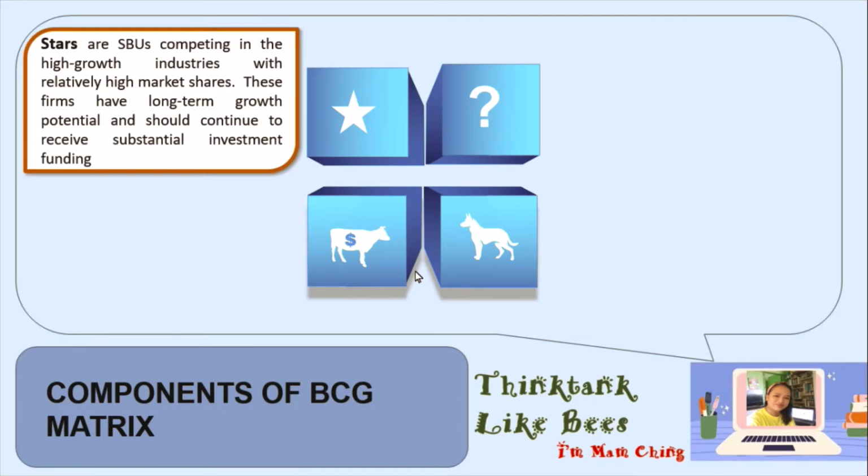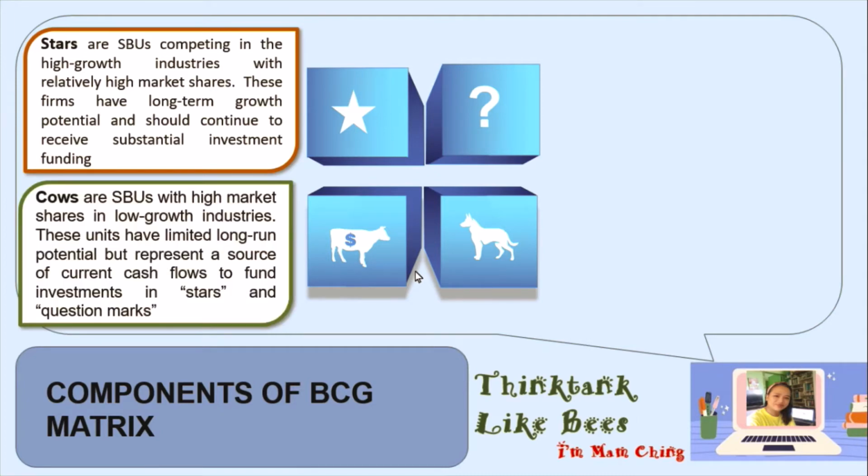So one of the components of the BCG matrix is stars. They are SBUs competing in high growth industries with relatively high market share. These firms have long-term growth potential and should continue to receive substantial investment funding. The next one is the cows. They are the strategic business units with high market shares in low growth industries. These units have limited long-run potential but represent a source of current cash flow to fund investment in stars